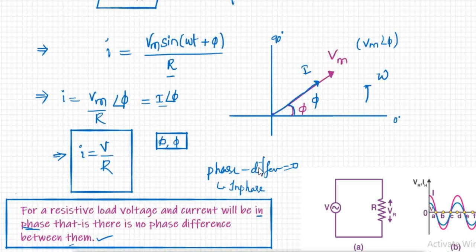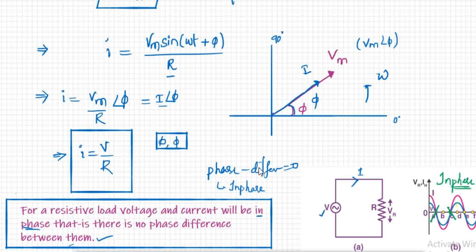Here you can see this is a resistive circuit having a voltage source V and having current I. You can see the sinusoidal representation of voltage and current here. The blue curve indicates voltage, whereas the red one indicates current. But you can see the zero crossing points of both waveforms. This is one zero crossing point, this is another, and there is no phase difference at the zero crossing points because they are in phase. So for a resistor, voltage and current waveforms are in phase.